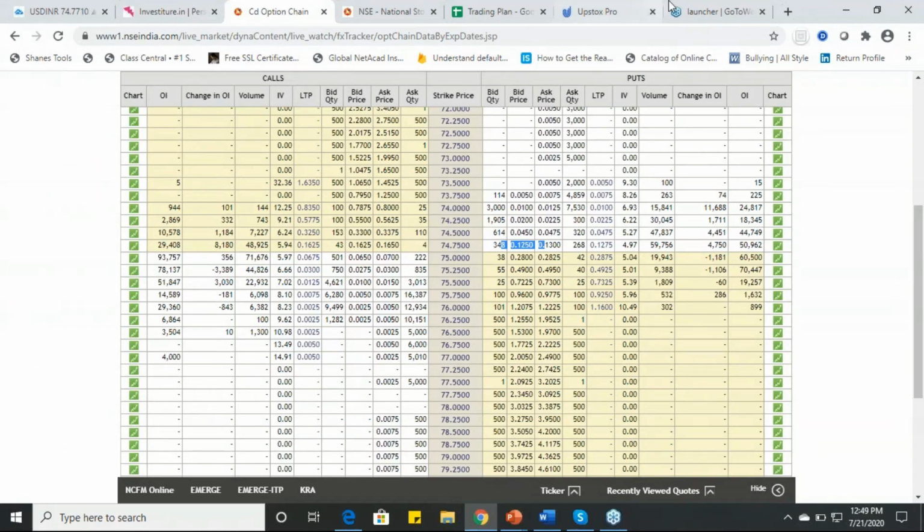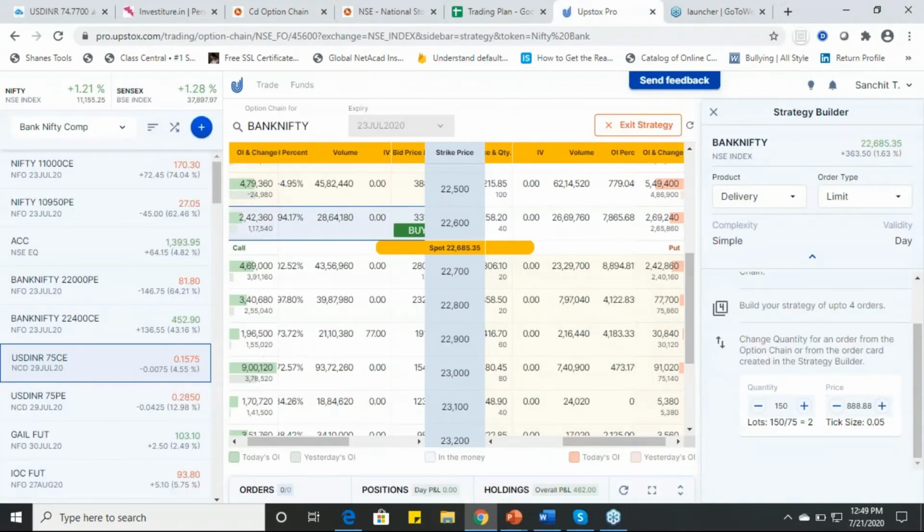You can trade in the cross pair as well. You can trade in everything. For trading in these things, first of all you need to open a broking account. I'm using a discount broker, and you can also trade with that. If you're trading with a broker, you have to activate your segment called the currency derivative segment. Once you have activated that segment,